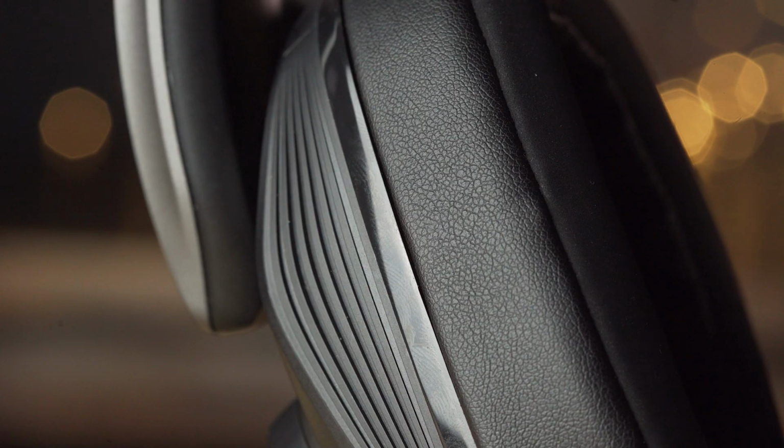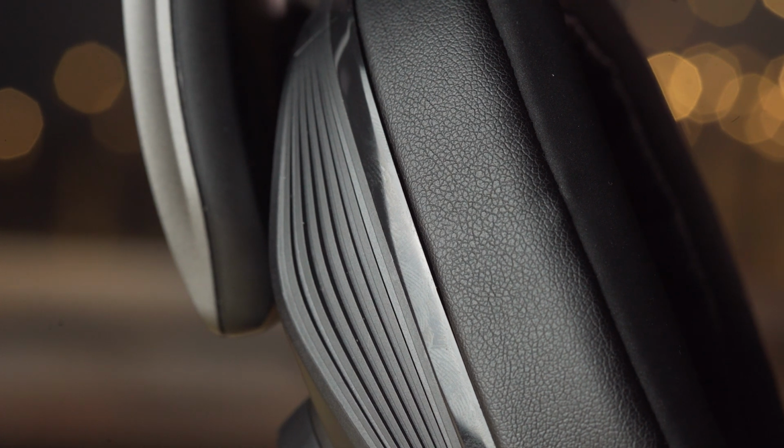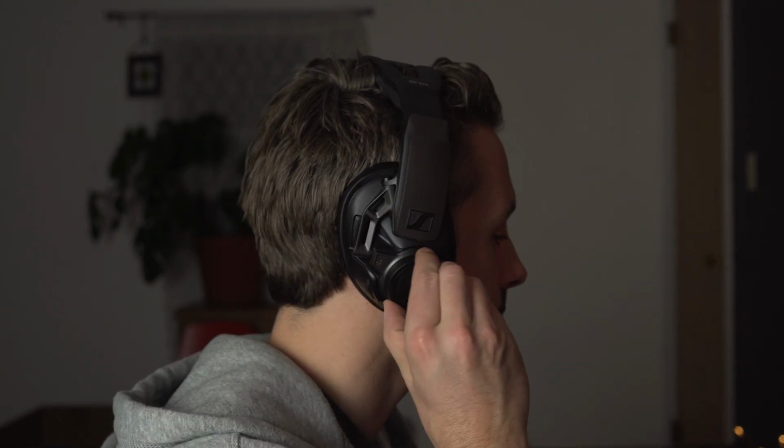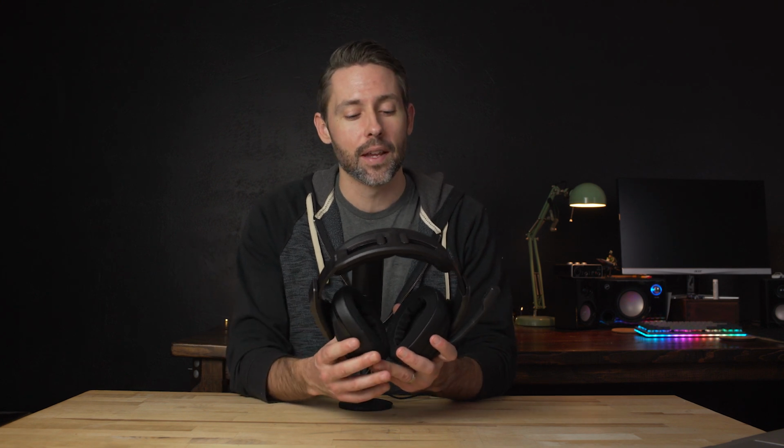Well, I think it's the best sounding gaming headset that I've used yet. It sounds really incredible. On paper, the frequency response from 10 Hz all the way up to 23,000 Hz is a really broad range. But what that actually means in practice is that it sounds really full. The explosions, if you're playing an action game, pack a lot of presence because it can get down to those really low resonant sounds. But then you also get all of the clarity of gunshots coming through or footsteps, and